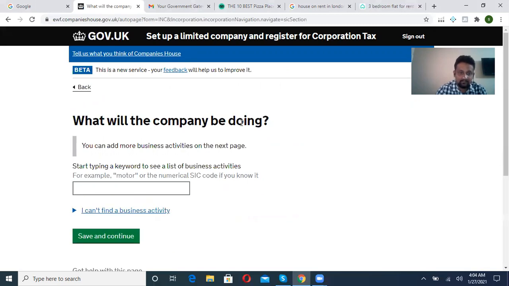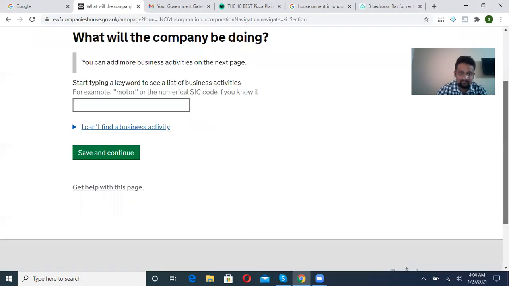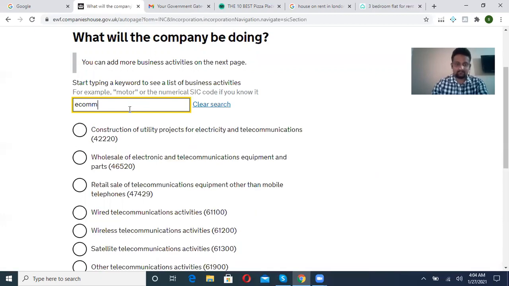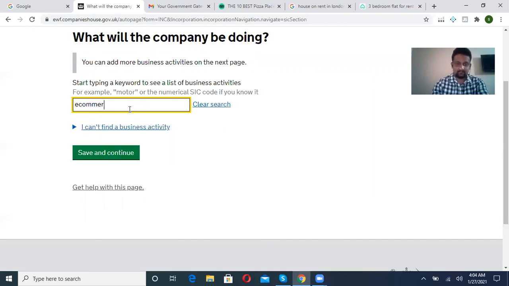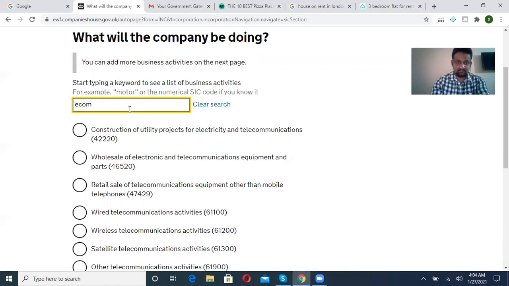What will the company be doing? You can put e-commerce. I think it's not available.